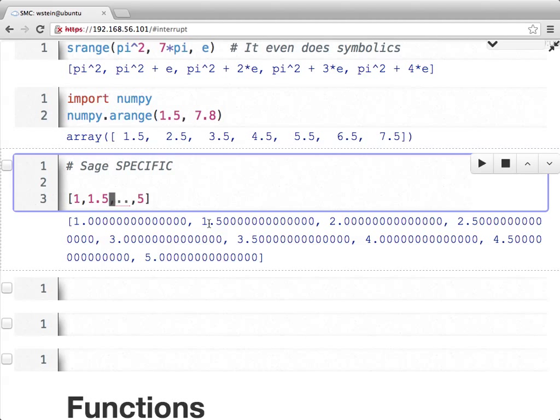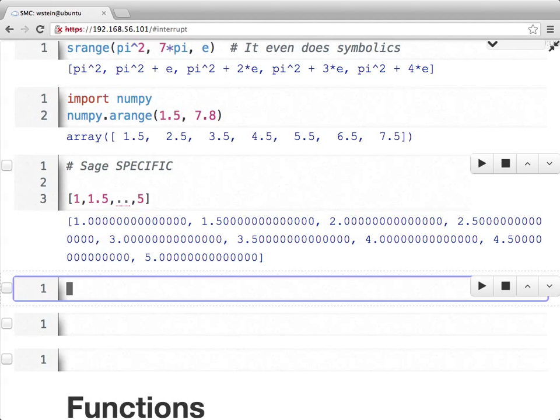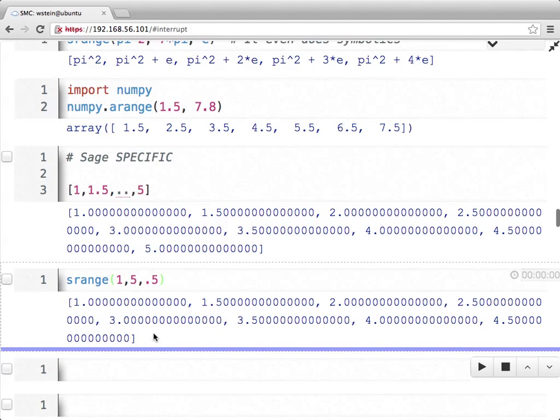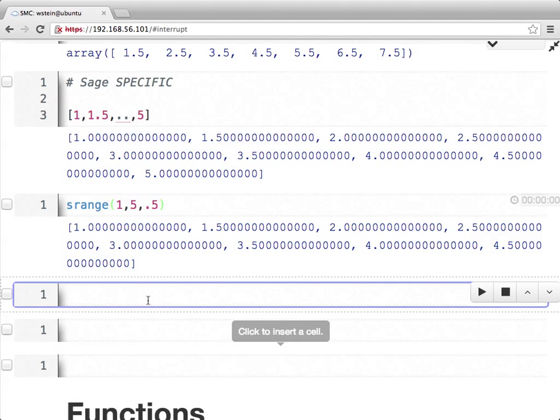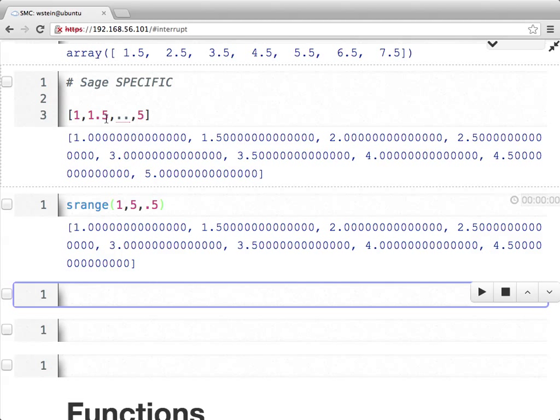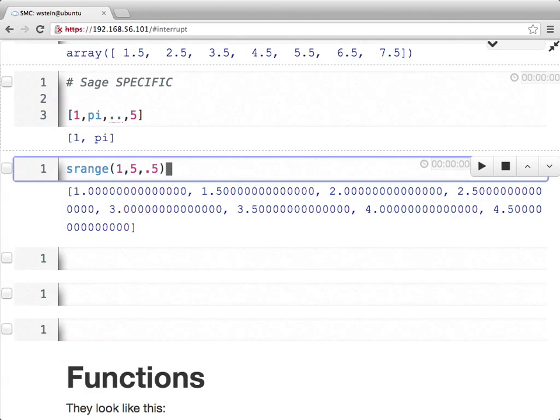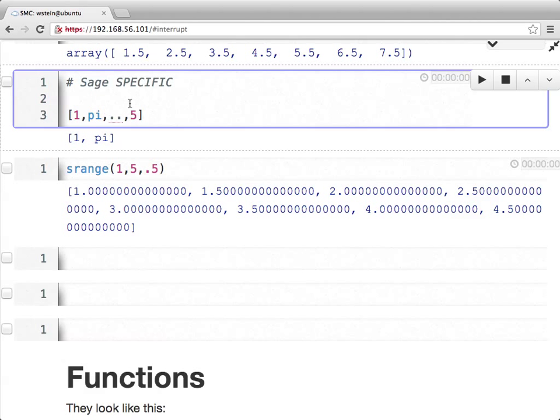Yeah, well, it should go by a half, because it just figures out the arithmetic progression. And in the Sage specific one, you just add the step on the end. Yes, this would be completely the same as, and under the hood it probably just calls srange with a step size of 0.5, like that. Okay, and again, you could put pi here if you wanted, for example, and it'll do something intelligent. I guess there's not very many, but if I put 10 here,